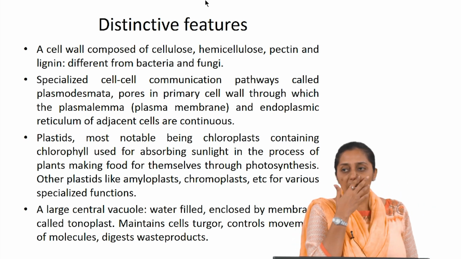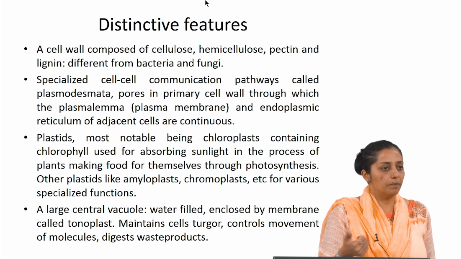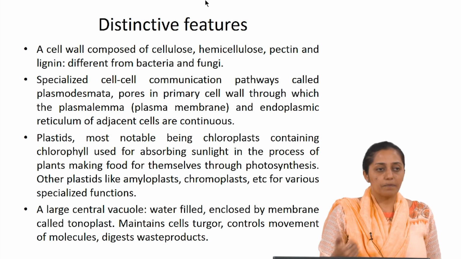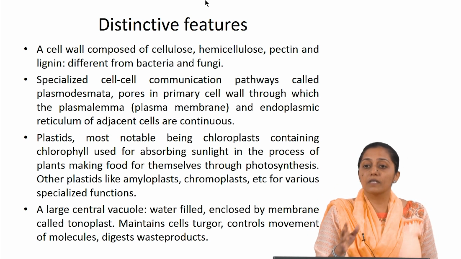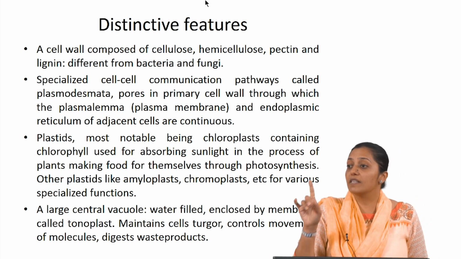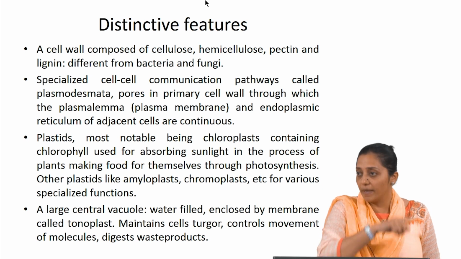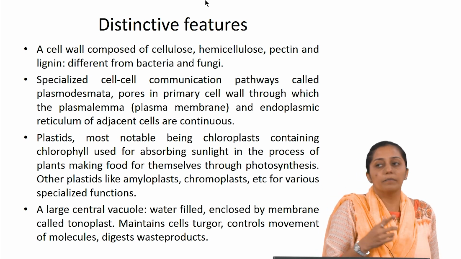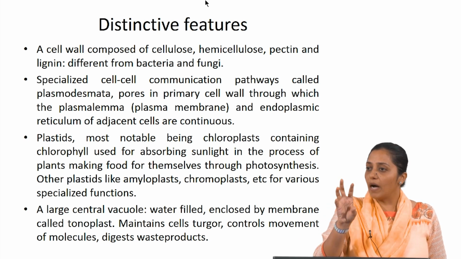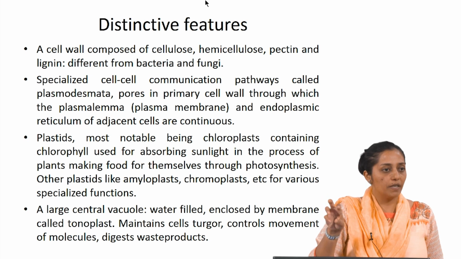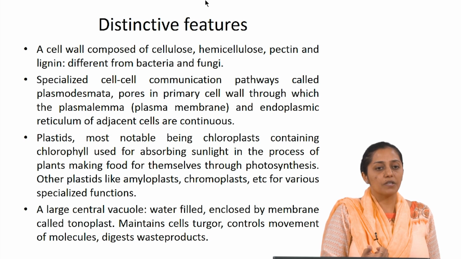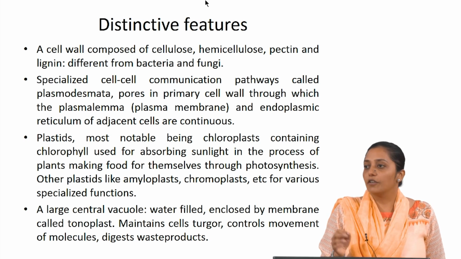So then talking about plasmodesmata, another distinctive feature in plant cells. Cell-cell communication pathways. Chloroplasts are distinctive, which means plastids. Plastids are not only for photosynthesis or storage, but sometimes in secondary metabolism, you will find that they are the site of synthesis of certain intermediates of biosynthetic pathways. If you see certain biosynthetic pathways like alpha tocopherol or vitamin E biosynthesis, you'll find some part of the secondary metabolic pathway is also carried out in plastids. So not only storage, but also a site of synthesis.